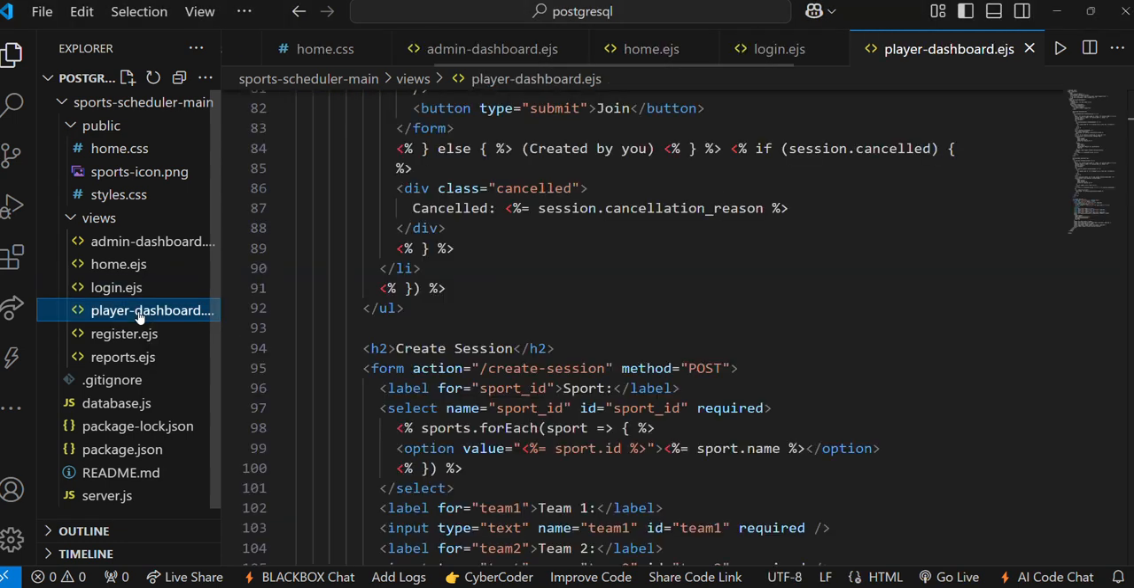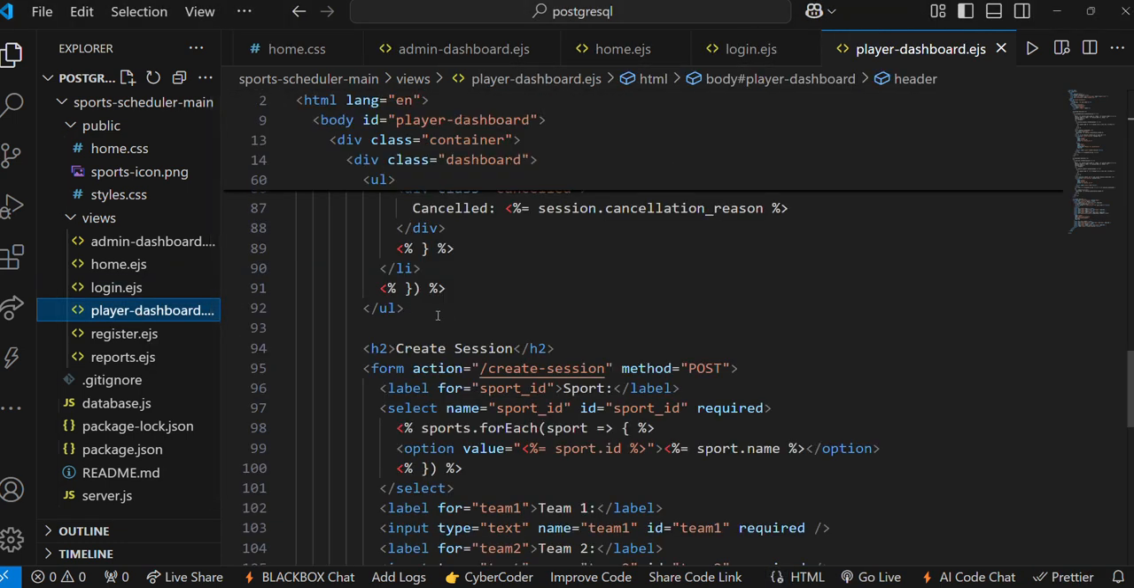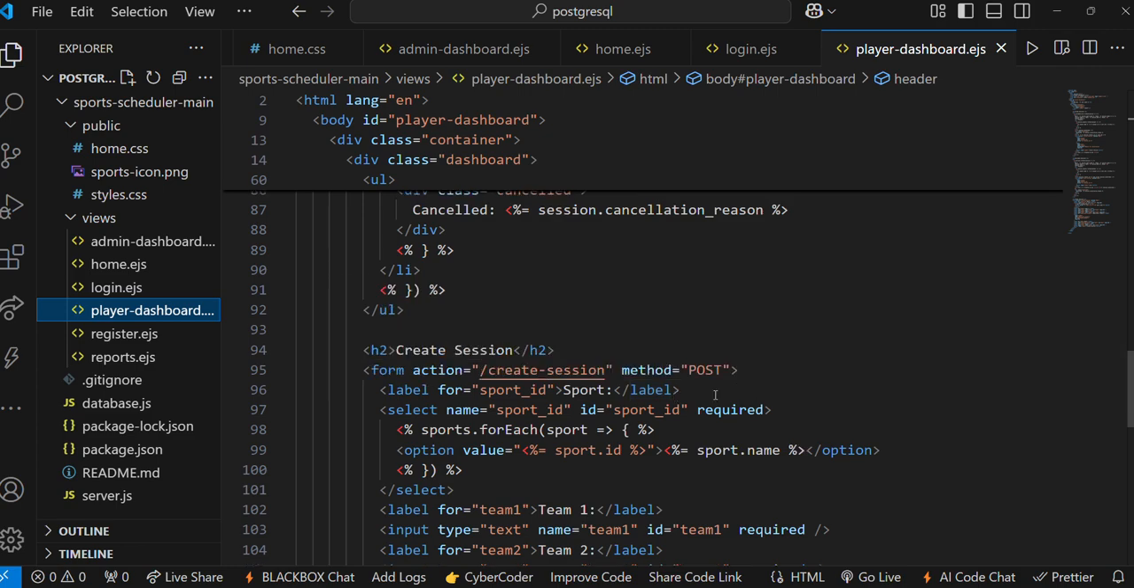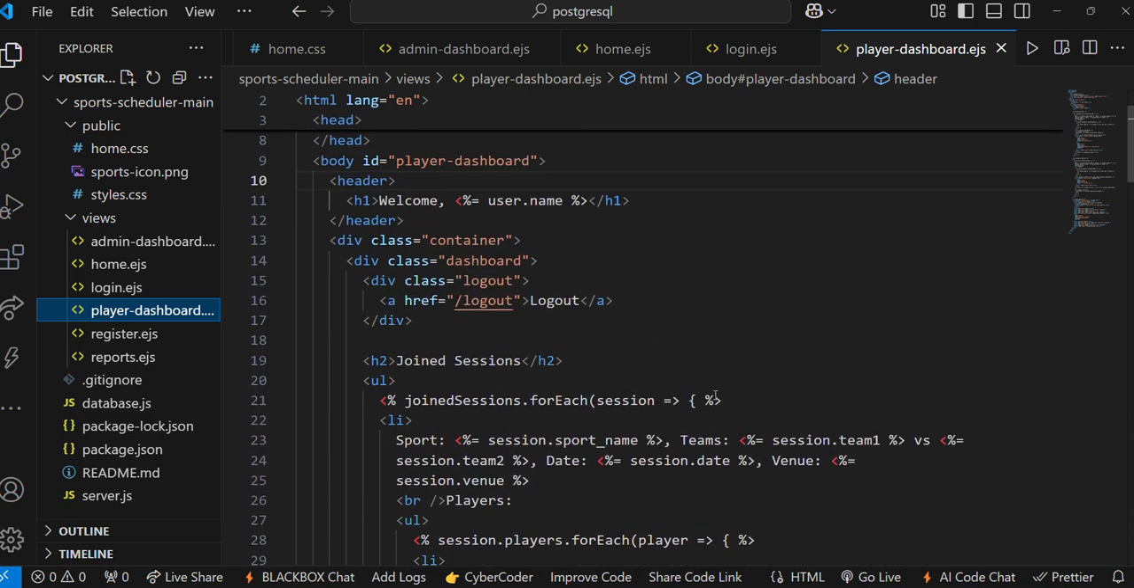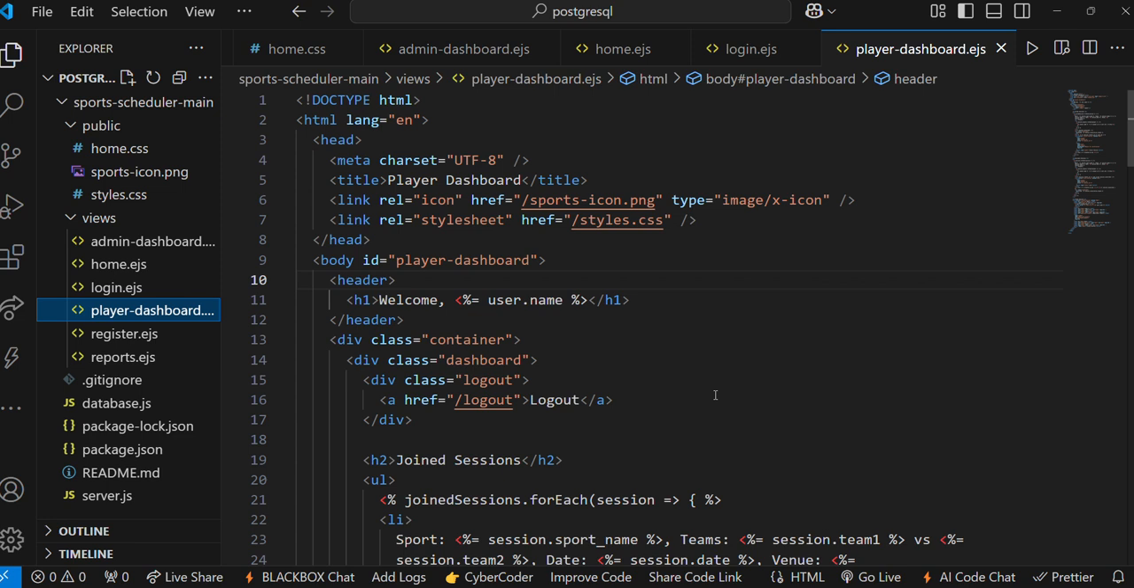And in the player dashboard, it represents an EJS. EJS means embedded JavaScript template for a player dashboard in a sports management web application. This page dynamically renders user-specific sports sessions using server-side templating with EJS. It actually contains HTML